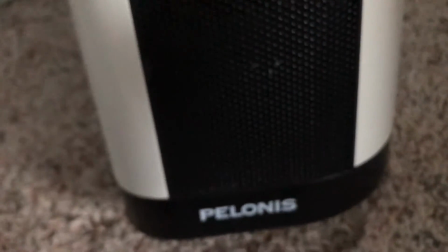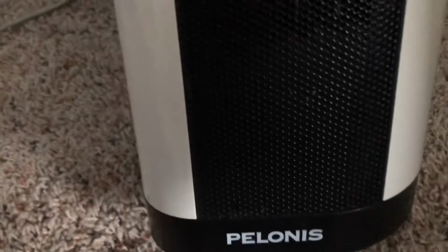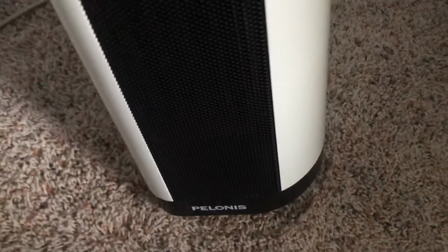But originally it's a heater, and the brand is Pelonis. I meant to say Pelonis, not Pelonis. And it says it's 95, but it actually does not feel like 95, like this air. And it also says do not cover. I used to think that was a fan, but it's actually not a fan, it's a